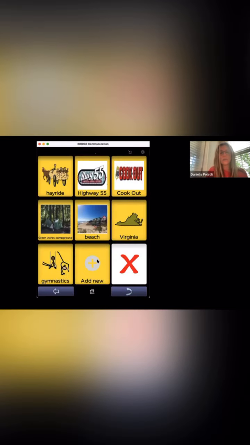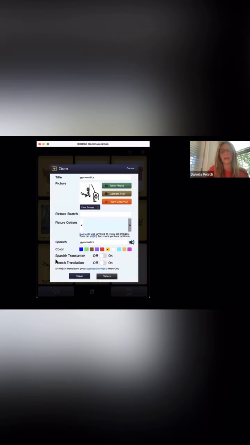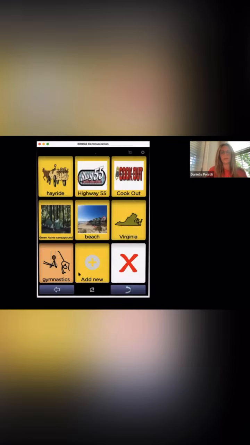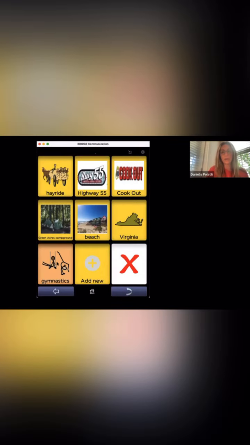That's simply how you add. If you're adding a group, similar, all of that function is the same. If you want to change the edit to the item that you just added, just simply hold down for about 3 seconds on the item. You can add it, change it, delete it, whatever you want to do. You can also